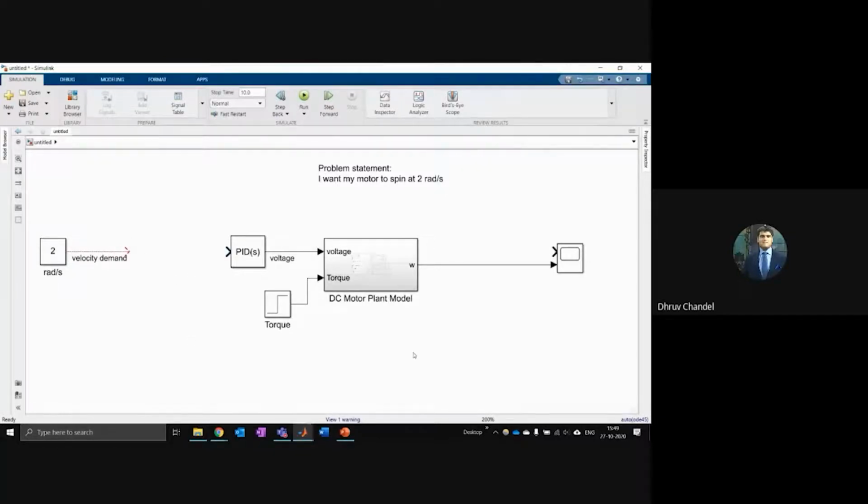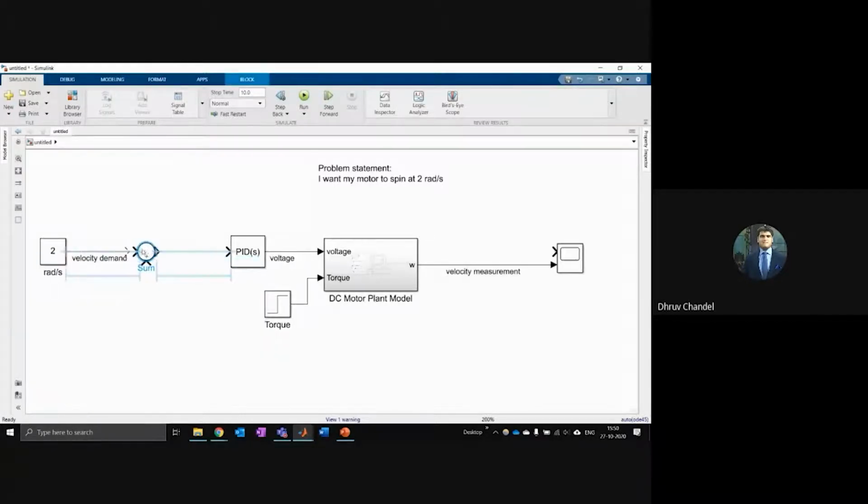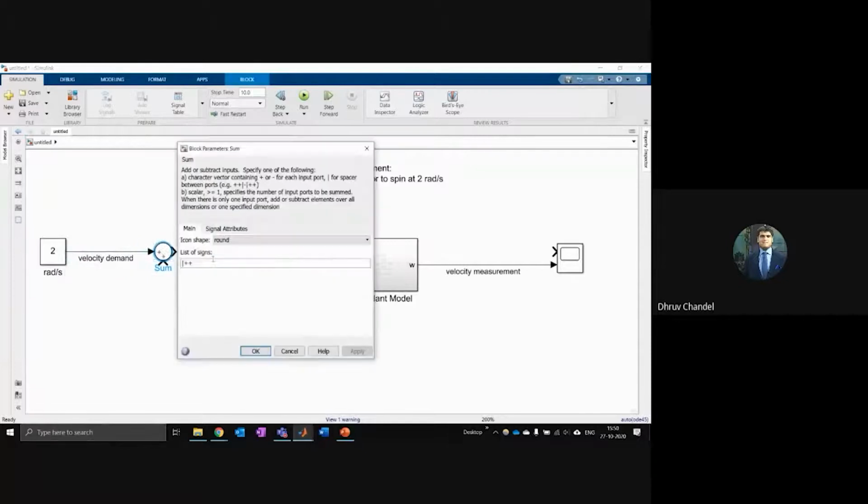Now, the way we design a feedback controller is we take the measured value. So this is my velocity measurement. And we subtract the measurement from the demand signal. We use something like a sum block. I hope many of you have seen these kinds of block diagrams in your control systems classes or your electrical engineering classes.